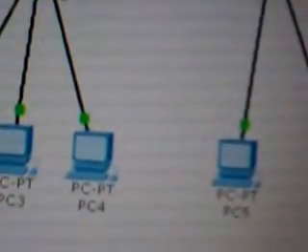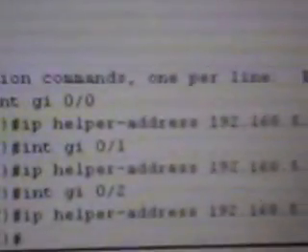Then just press the router. You will be noticing these commands. This is the main thing. Okay, that's all. Then after that, if you want to verify,